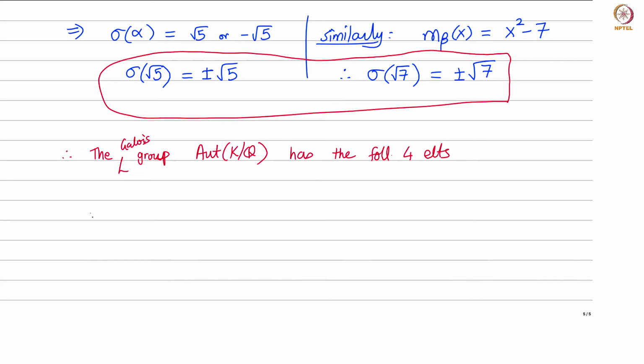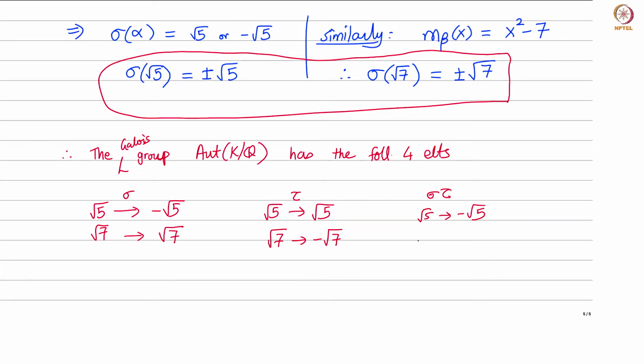So one of them is: root 5 goes to minus root 5, root 7 goes to plus root 7. We'll call this sigma. Root 5 goes to plus root 5, root 7 goes to minus root 7. Let's call this tau. And then there is the composition of sigma and tau, which takes both of them to their negatives. And then there is the identity map, of course. So these are the 4